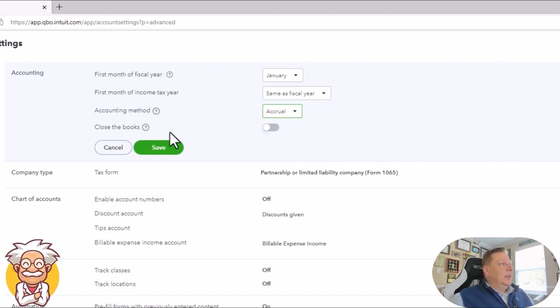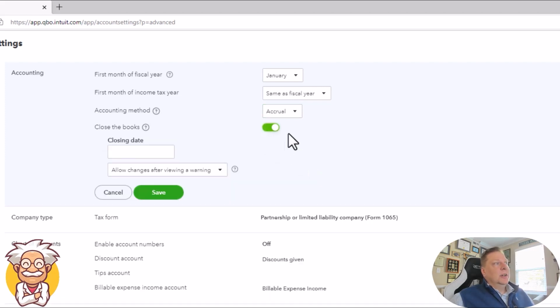Last thing here is close the books. A lot of companies like to archive it, especially after they've generated their taxes, so that it does not change, just in case, down the road, you may have to come back to that. If that's the case, if you close your books, you click on that, you put your closing date in here,